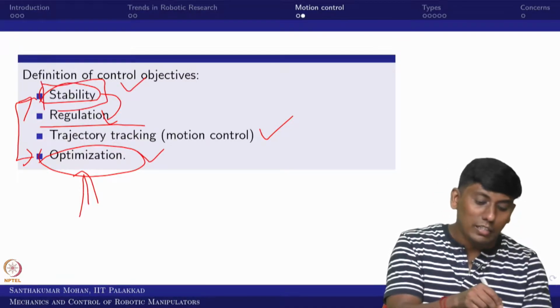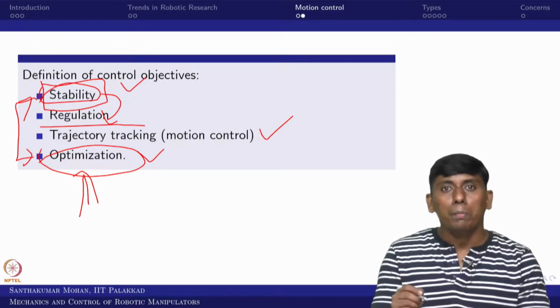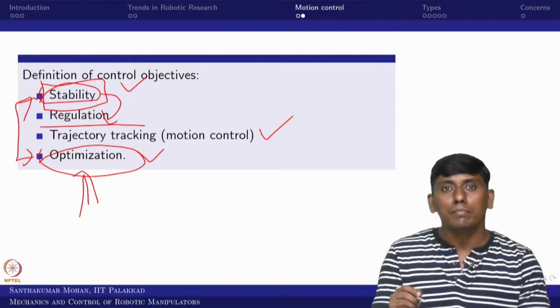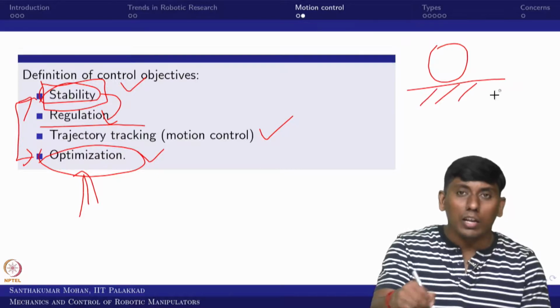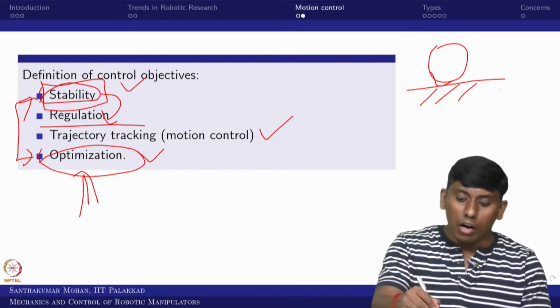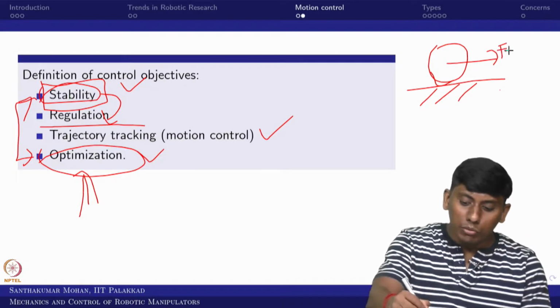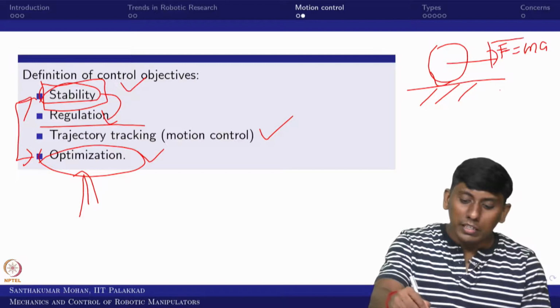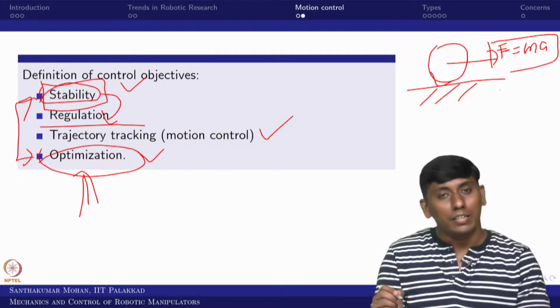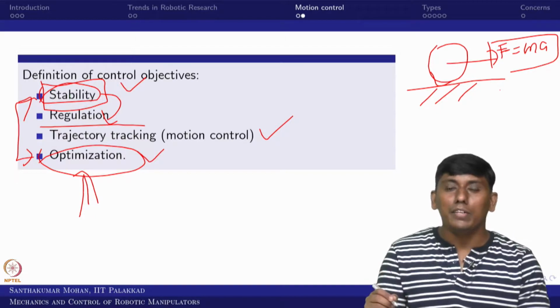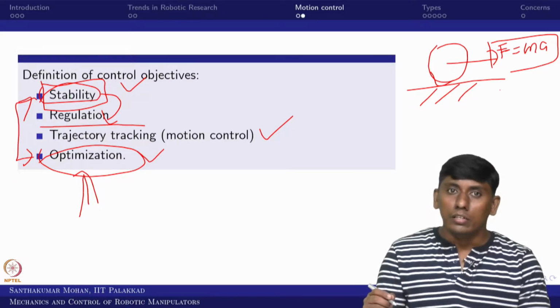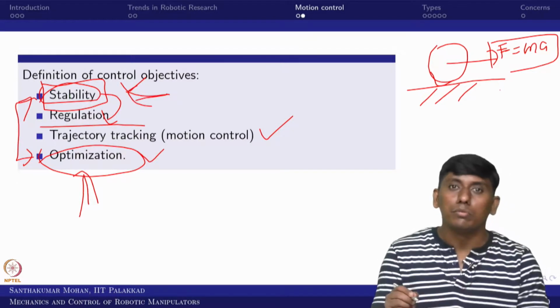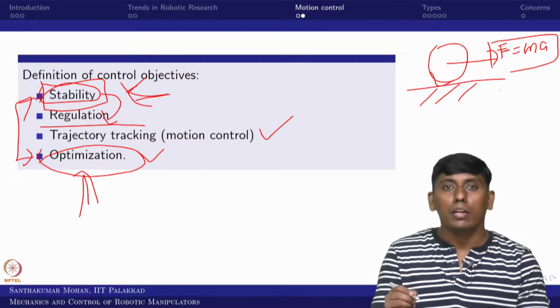One important aspect I already said is stability. The open loop robotic system, being a dynamic system, is unstable. For example, take a simple rotating mass, assuming there is no friction. How can we model this? F equals ma, right? You can see that the second order system gives an unstable nature. Similarly, the robotic manipulator is also unstable. So the first thing is to make your closed loop system stable, and then you can try to do the optimization.